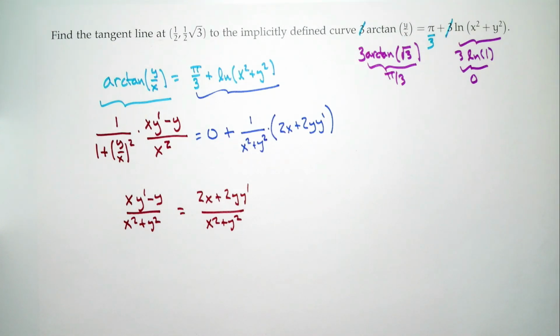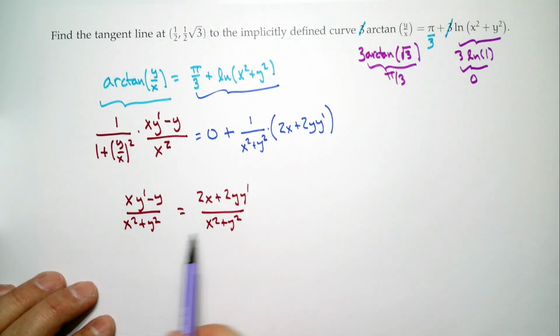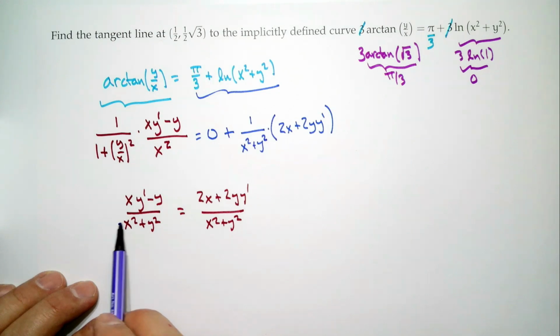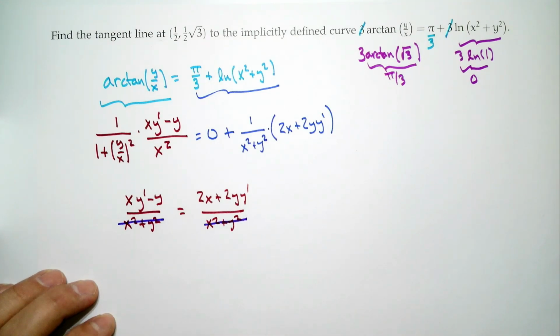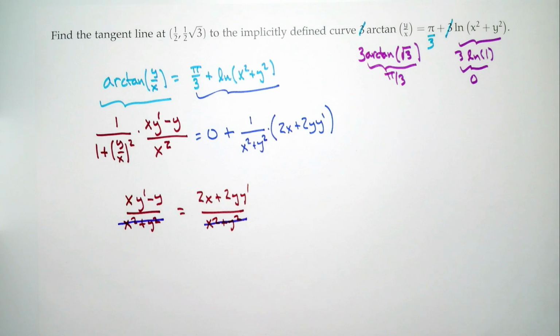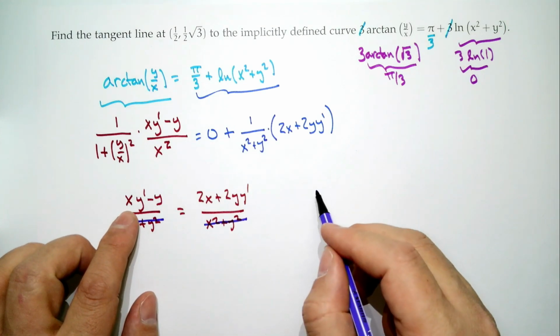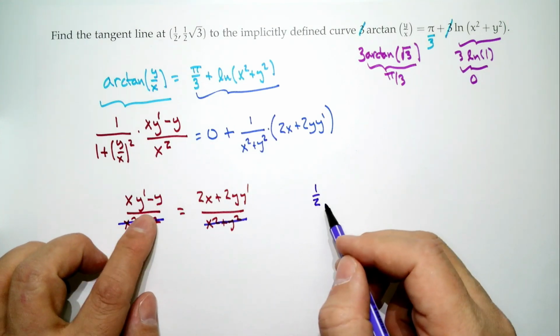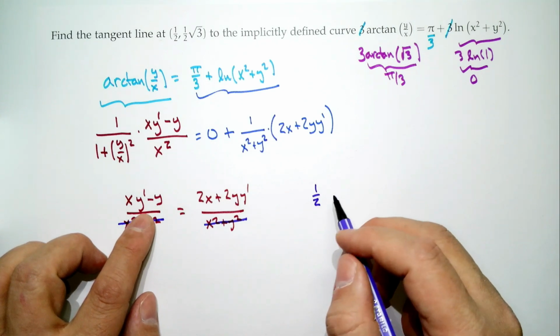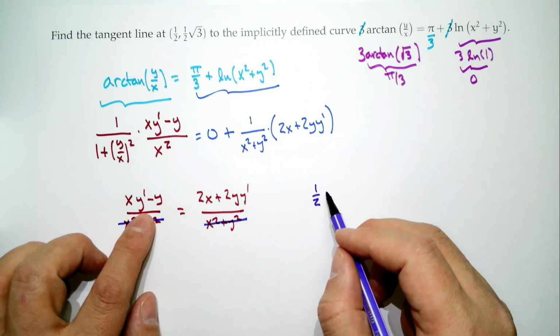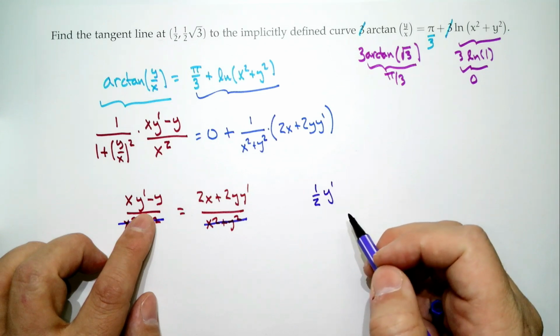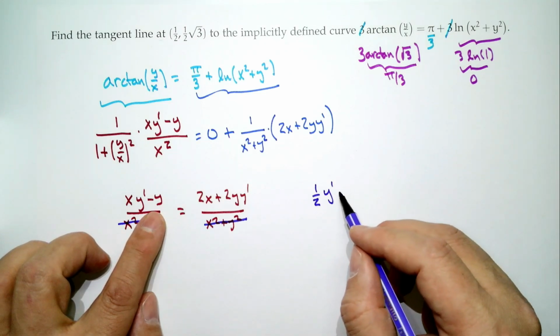Well, we could say, look, we're not at x, y equals 0, 0, so we're not dividing by 0. And since that's on both sides, I could actually multiply through and cancel it off. So the x squared plus y squareds go away. All right, so we don't have to worry about them. And then it's time for us to start plugging in. So wherever I put an x, I put a 1/2. Where I see a y prime, what do I put? I put y prime because I don't know what it is. Where I see a y, I put a square root of 3 over 2